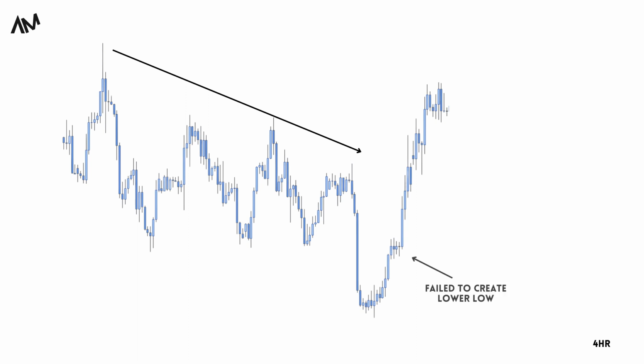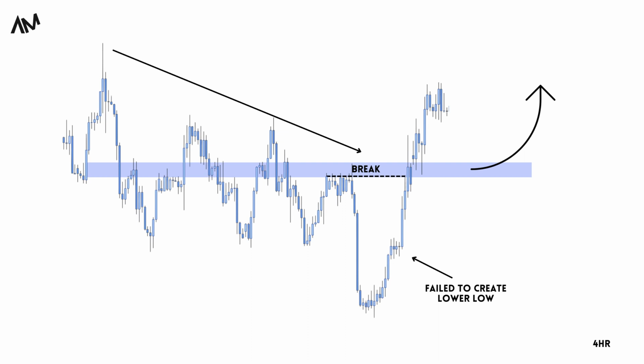Subsequently, the market failed to establish a lower low, indicating a loss of downward momentum. Furthermore, the price broke through a key supply level, suggesting that demand has taken control. We also notice a major level of structure that has recently been rejected multiple times, acting as both support and resistance. Thus, if the market reaches this level again, there is a high probability of price rejection, presenting a potential